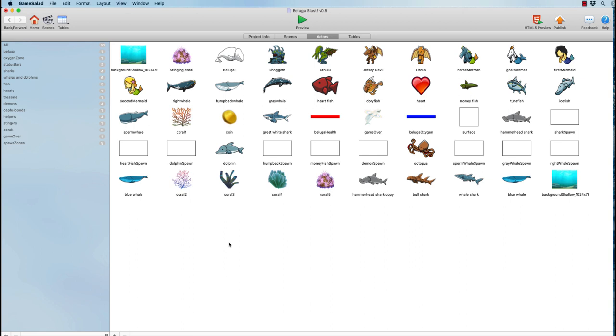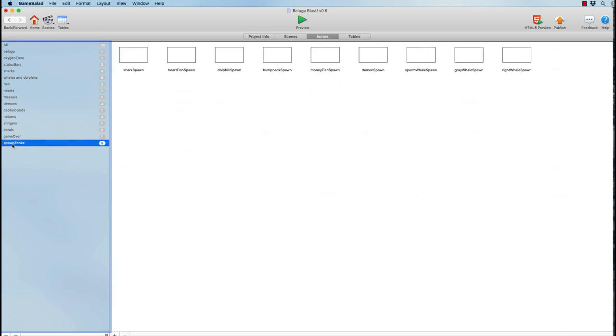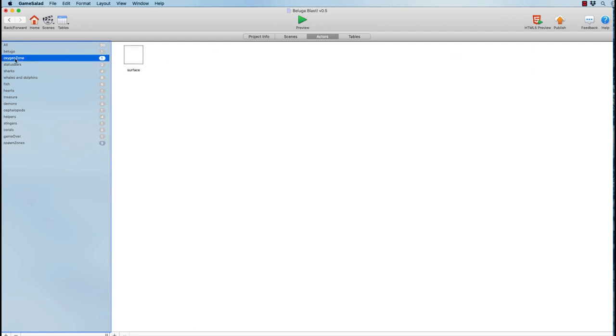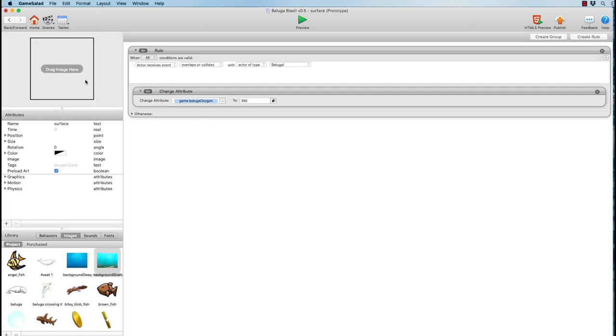This is another way. We need to basically create another object. So I've gone ahead and created some different zones, but one of the zones I've created is called surface. It's a surface object. It doesn't have an image. It's just a transparent big space that we want to put into the scene somewhere. And this is another rule.